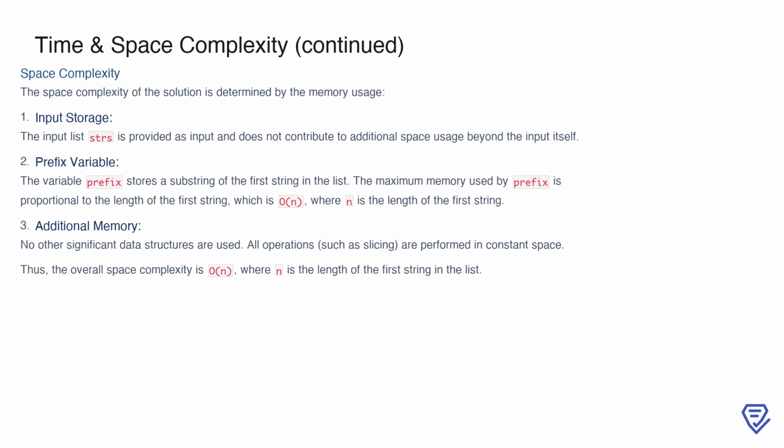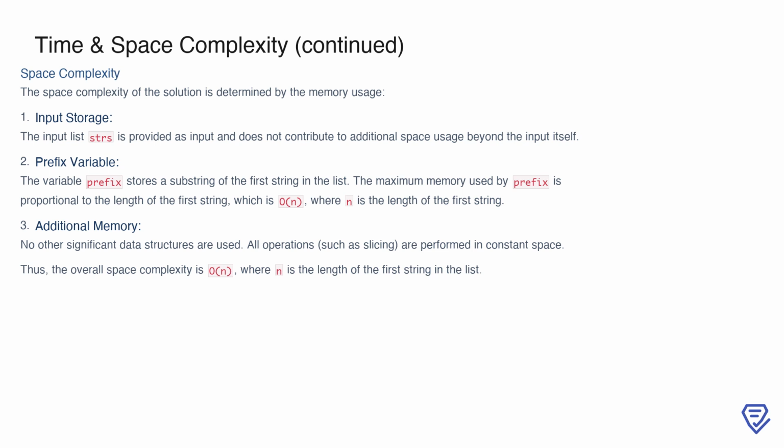The maximum space required for prefix is proportional to the length of the first string, which is O(n), where n is the length of that string. Beyond this, no additional significant data structures are used in the solution. Operations like slicing are performed in constant space. As a result, the overall space complexity of the solution is O(n), determined solely by the memory required for the